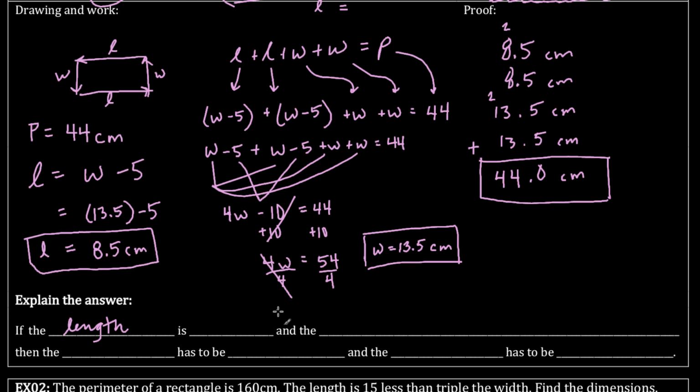Okay, I got it. This is supposed to say if the perimeter is 44 centimeters